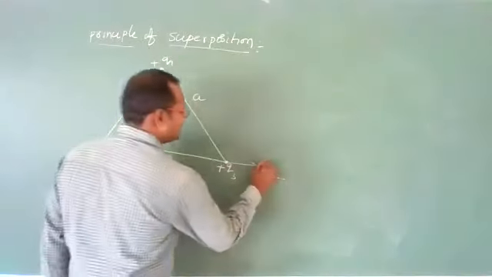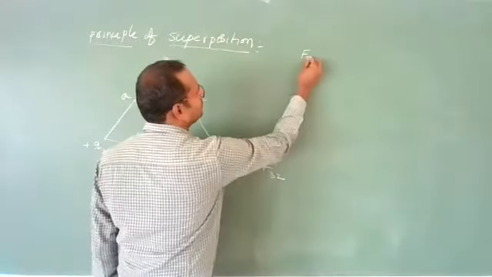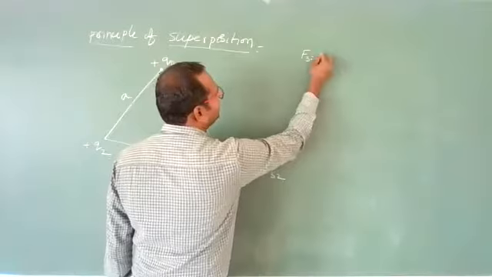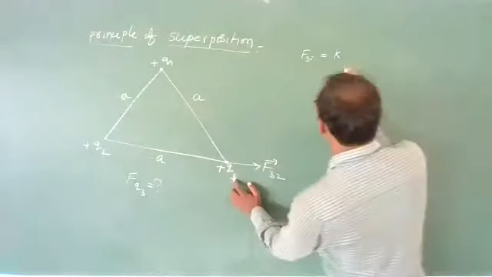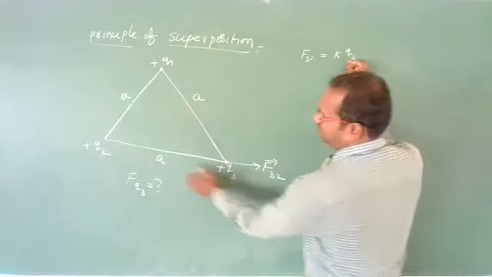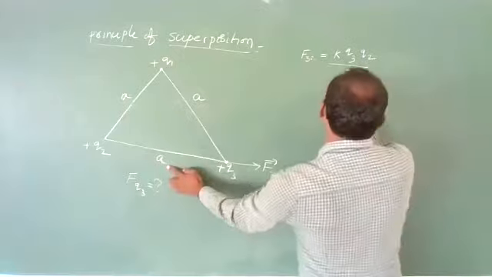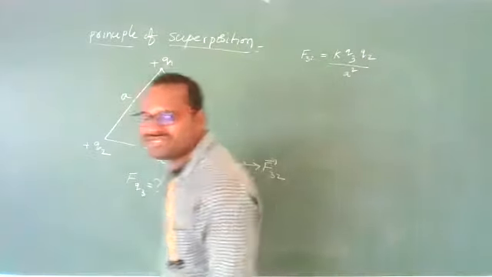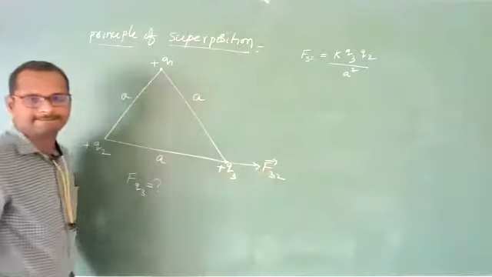Okay, sir, this side direction. Value how much, sir, force on the third charge due to the second charge? Value is 1 by 4 pi epsilon naught, third charge is Q3, second charge is Q2, divided by distance between them, which is A, so A square. This much value. In which direction? Imagine it is the x-axis, so in the direction of the x-axis.